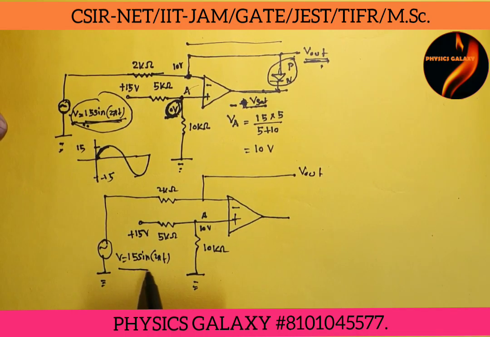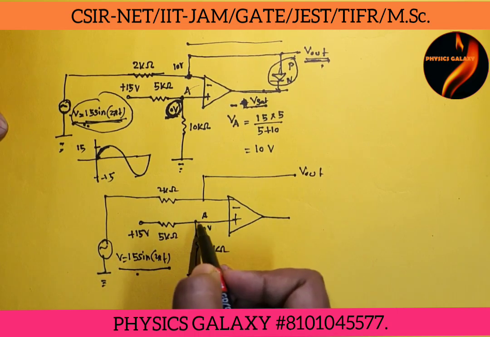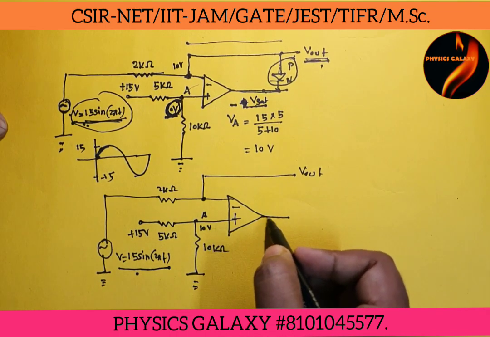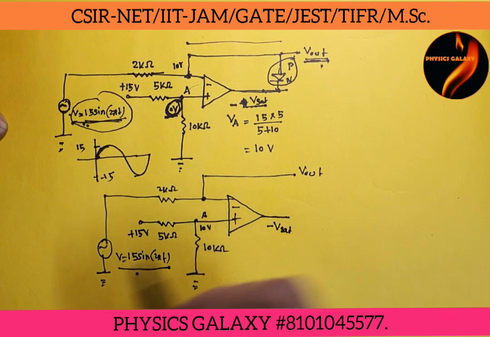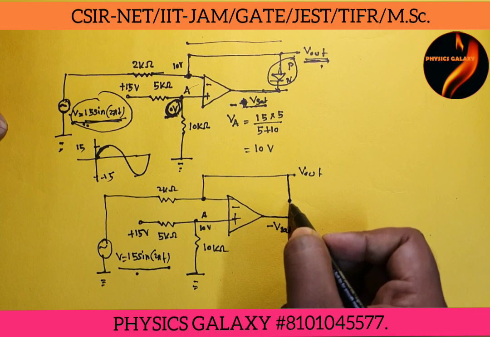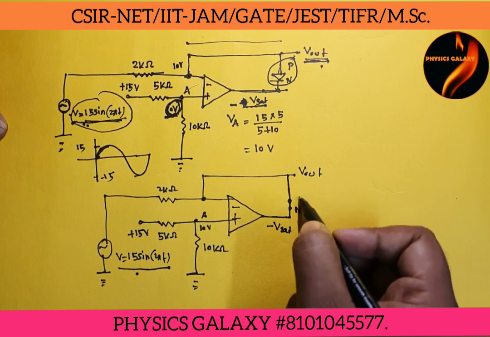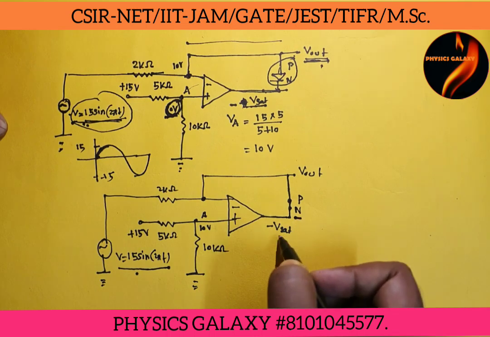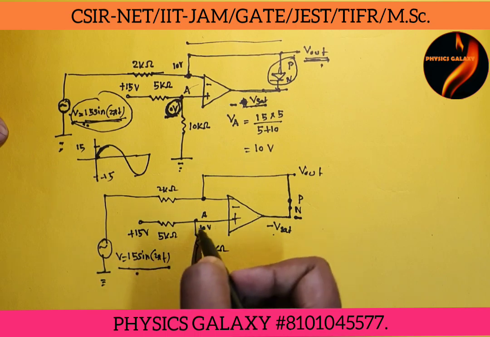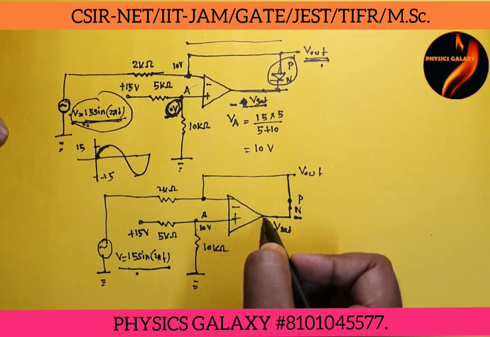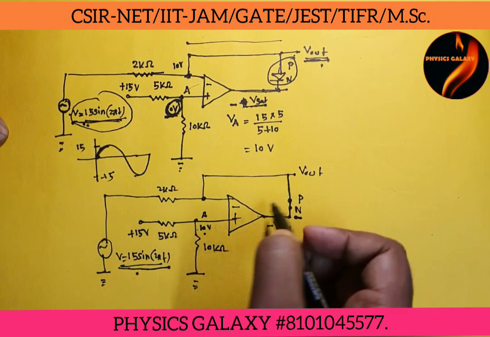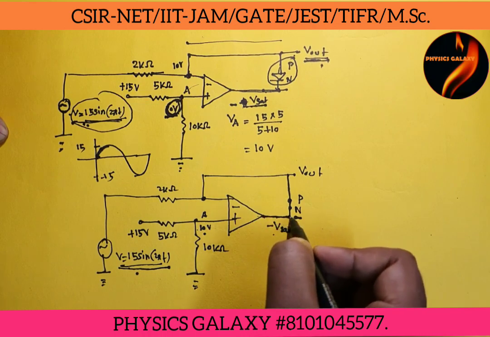So when the input sinusoidal voltage is greater than this potential, the potential in this terminal is greater than 10 volt. So the output will be minus V saturation. So in this condition, the diode will act like a short circuit as the potential at the N terminal is negative. So in this condition, the diode is acted. So when the input voltage is greater than 10 volt, this diode is acted. In this condition, when this voltage is greater than 10 volt, then this feedback circuit is acted.